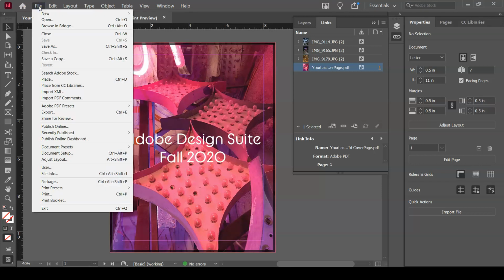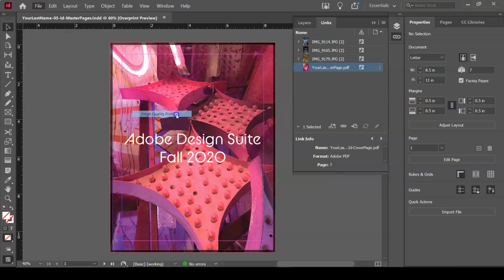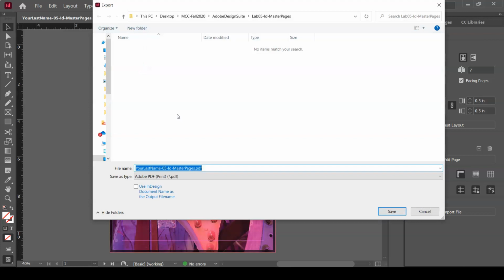We are ready to create our own PDF. So let's go up to the File menu, down to Adobe PDF Presets, High Quality Print. Make sure you're in the correct folder, Lab 5, ID Master Pages, and I'll keep the name of the file the same. It's just going to have a new file extension now, .pdf. Click the Save button,